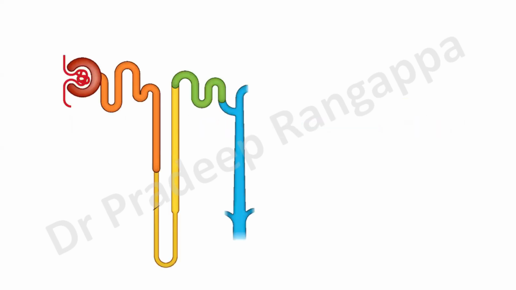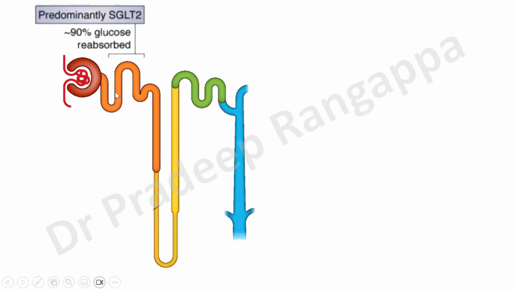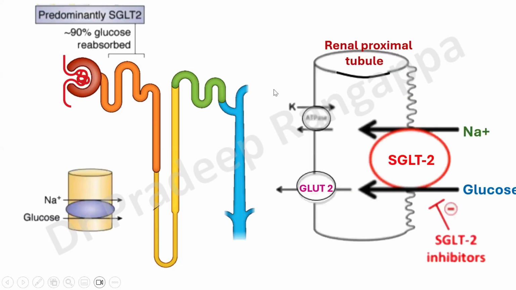What are SGLTs? It's very simple: sodium glucose transporter inhibitors. That name itself tells you that sodium and glucose get absorbed in the proximal convoluted tubule. About 90% of your glucose gets absorbed in the PCT. So the SGLT2 inhibitor, as the name sounds, sodium glucose transport inhibitor, inhibits the absorption of glucose in the PCT, and glucose gets secreted in the urine. That's very simplified. SGLT2 prevents the reabsorption of sodium and glucose, and they get secreted back into the urine.